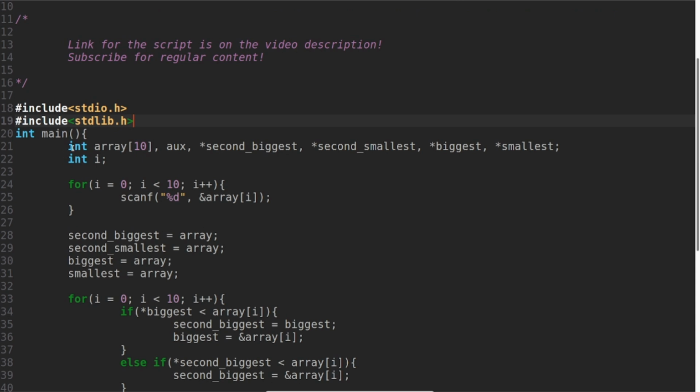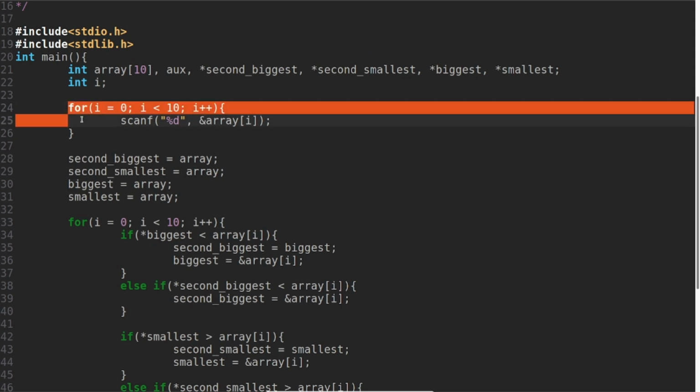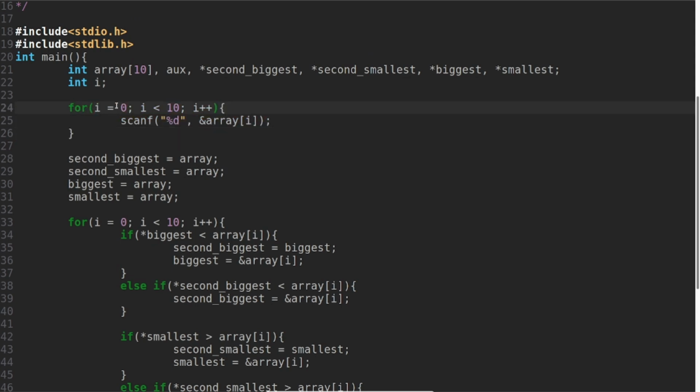So I am declaring seven int variables: an array of 10 positions, an auxiliary, a pointer for the second biggest, a pointer for the second smallest, a pointer for the biggest, a pointer for the smallest, and int i. So this scanf is just reading. The value of i will be equal